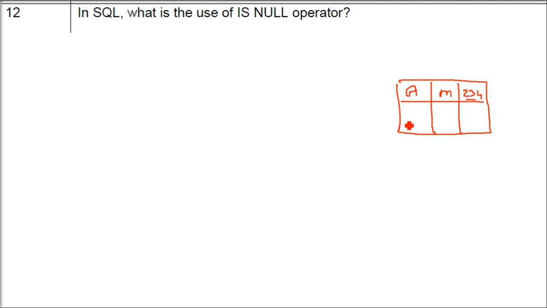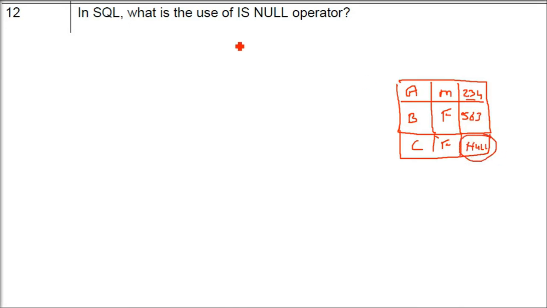Assume it to be a mobile number or your home number or your hostel number. B is female, and then the number is 563. Now another person is also there, say C, and she is a female and she has no number. She has no mobile number, for example. Now you have to write null because there is no information here.